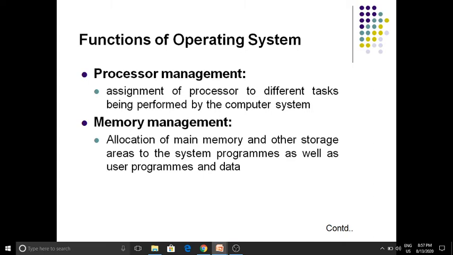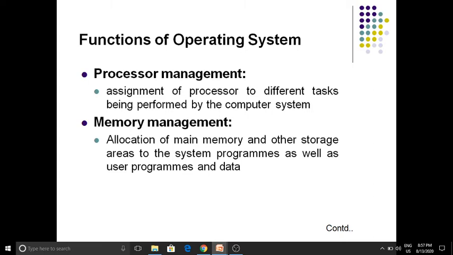I've already told you, students, in the uses of the operating system, that suppose you have 4 GB RAM, the complete 4 GB memory will not be allocated. It is bifurcated into 2 plus 1 plus 1. 2 is used for the hard disk drive, that is the C drive, 1 is used for the D drive, and the other one is used for the E drive for backup.